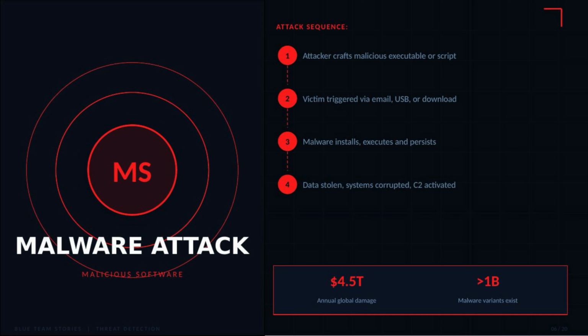Once executed, it may silently operate in the background while collecting sensitive information such as passwords, financial records, or company data. Some malware spreads automatically across networks, infecting multiple systems within minutes. Threat detection systems monitor file behavior, suspicious processes, unusual network communication, and system modifications to identify malware before it causes